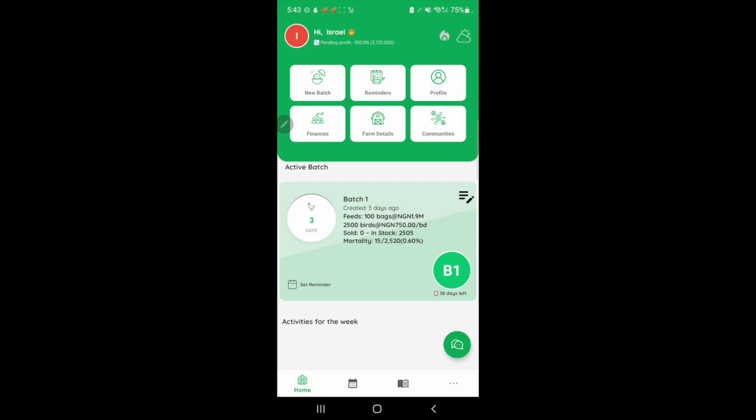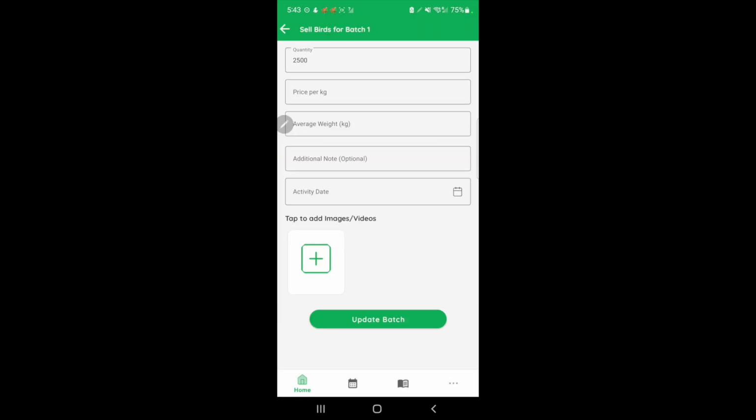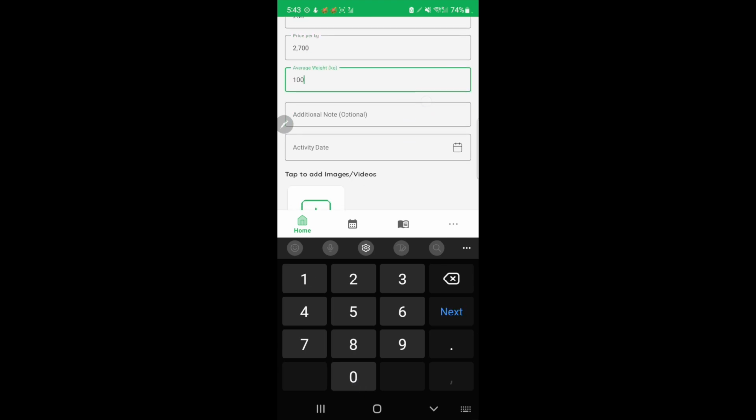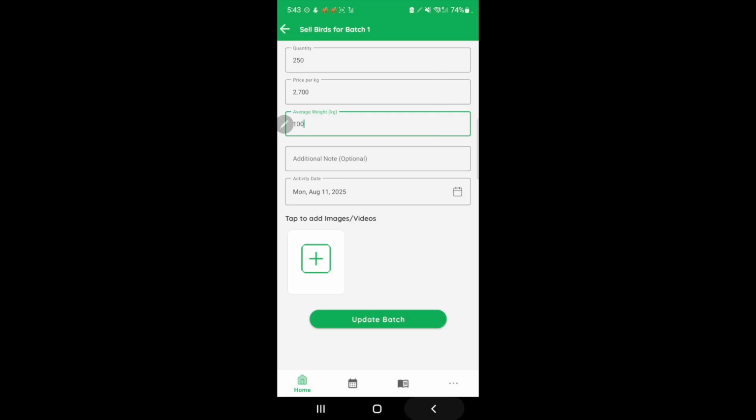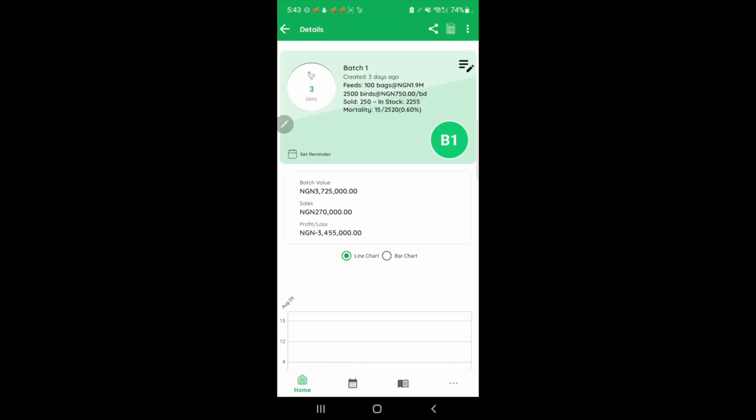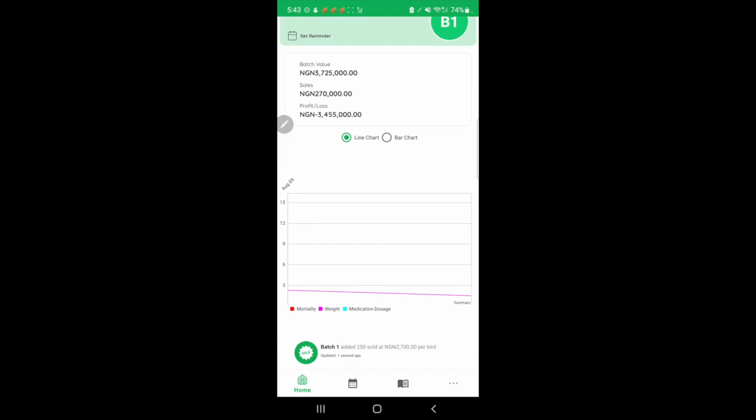So we want to make sales. Let's sell birds. We want to sell 200 birds, or let's say 250, and the price per kg is 2.7. Average weight, we're able to get 100 kg. And when did this happen? Today. You can either leave it blank or select today. We update the batch. So your sales record has been updated. You can see it in